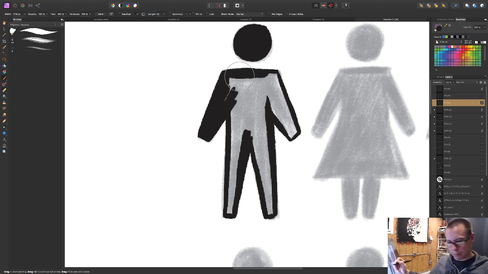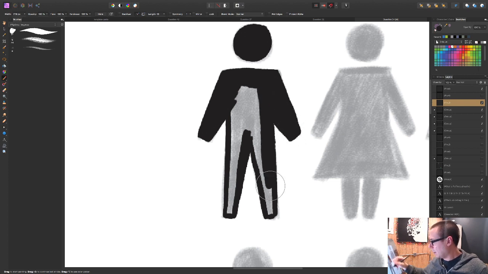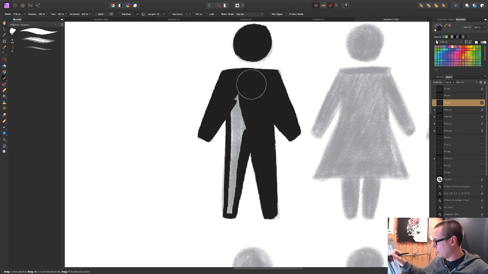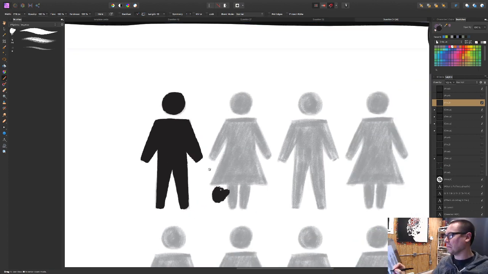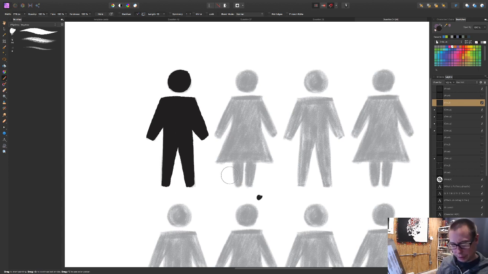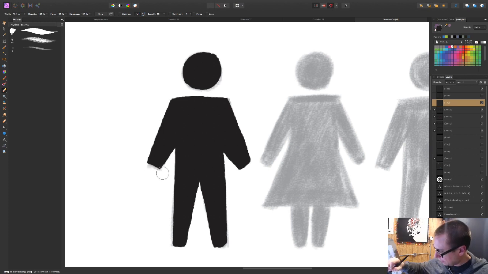Whoops. Eraser. There we go. So, actually, his arms are a little thick there. Change that slightly.